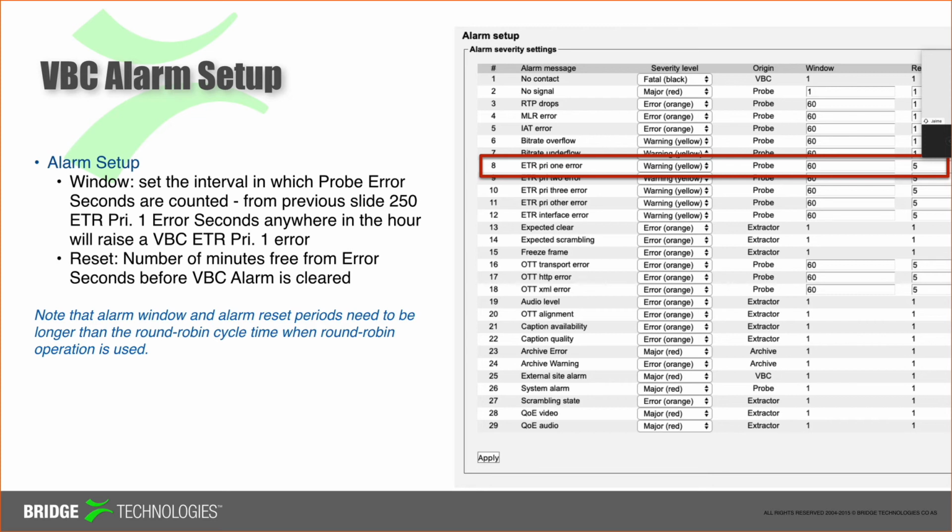And to the right of the 30-minute window, you can see a number 5. This is the reset window. So when the VBC raises an alarm and says, yep, I've got an ETR priority 1 error, then the VBC will not clear that alarm for 5 minutes after they disappear. So with the window, you're setting the sensitivity, and with the reset window, you're setting how quickly or how slowly the